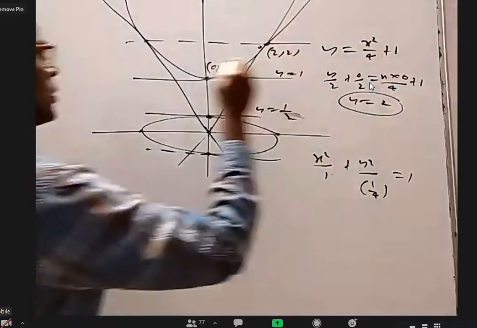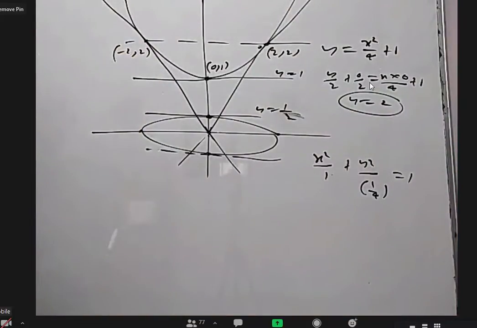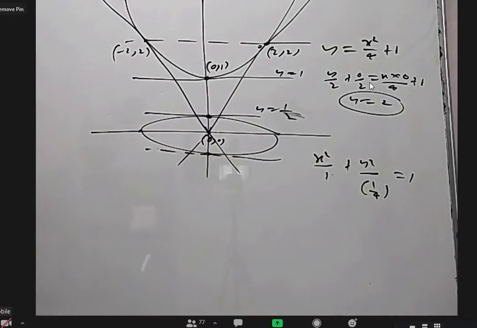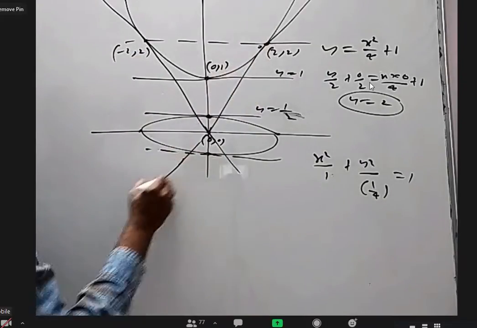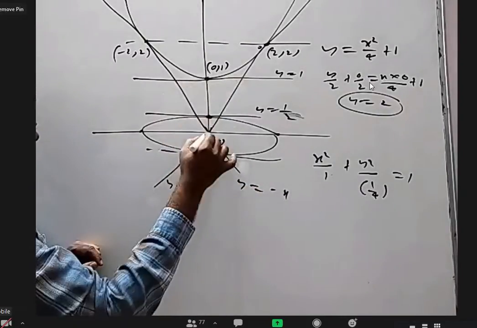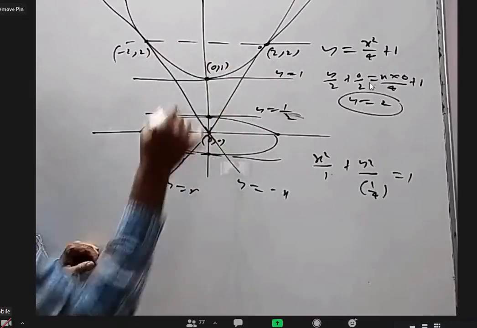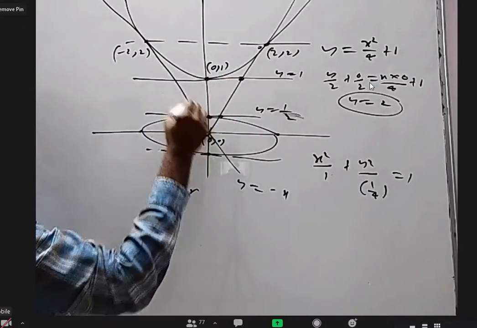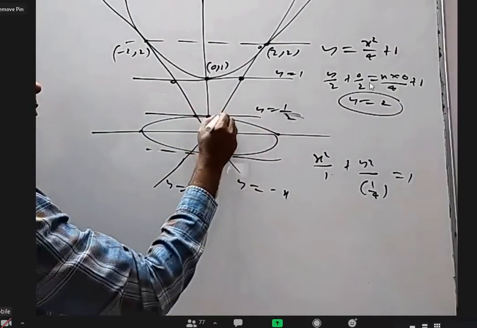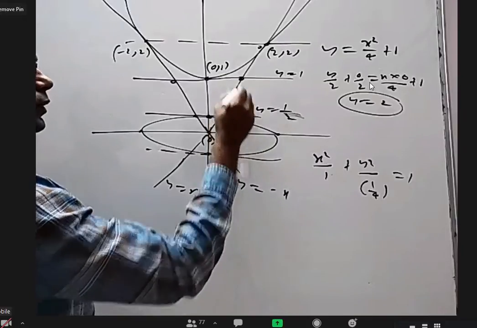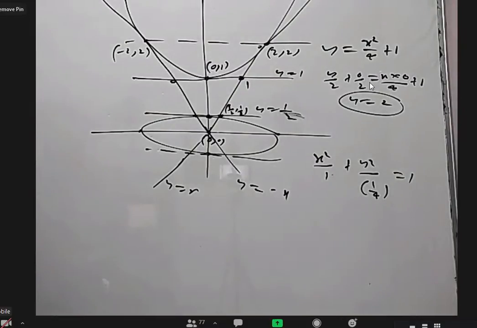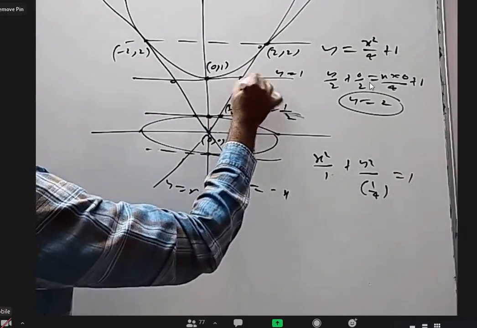Y equal to 2 means x is also 2. So this is 2 comma 2. This is minus 2 comma 2. This is 0 comma 0. So we know these lines are y equal to x and y equal to minus x because of 2 comma 2. So this is y equal to x. This is y equal to minus x. Now if you want this trapezium, you can find this total area and remove something, or you can even find this point. Not very difficult. Why? Because here y is 1 by 2 means x is also 1 by 2. So this point is 1 by 2 comma 1 by 2. In fact, from this triangle, remove this triangle, you get it. Either way. Okay, this is 1 comma 1.